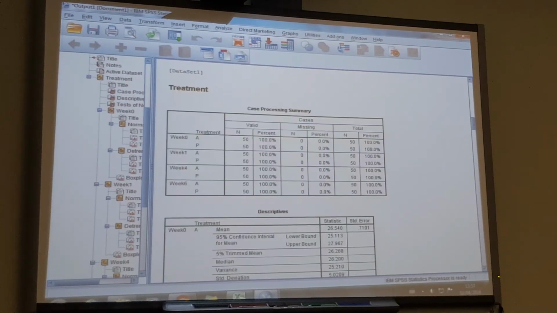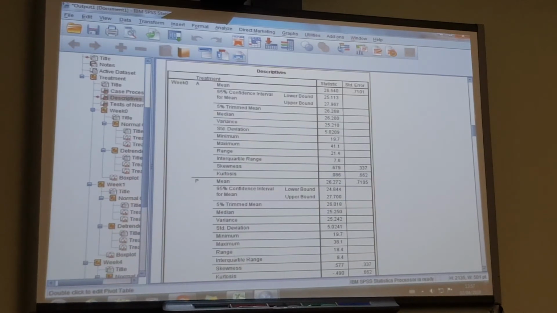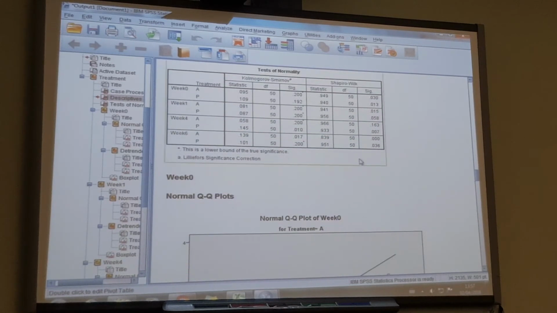This is the key to go. So the first one gives you just descriptive statistics. It's not important, I must check that. This is the normality test, which is more important. And how we interpret this, as you can see,